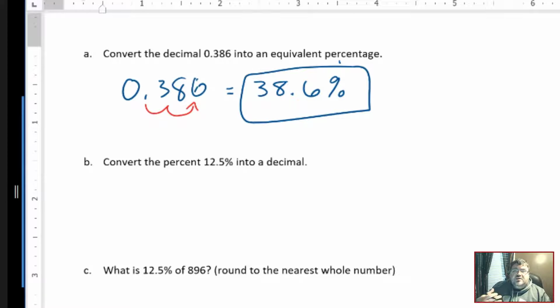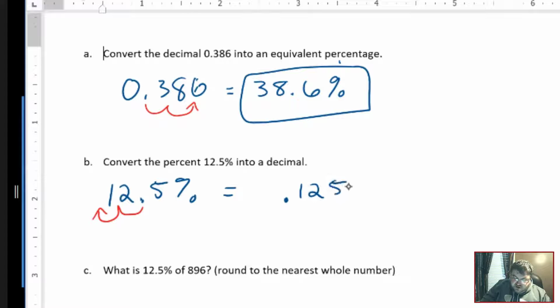So now that you know how to convert a decimal to a percent, let's say they want you to convert 12.5% into a decimal. Well, you're just going to be doing the reverse of that. So if you have 12.5%, you're going to be moving your decimal 2 places to the left, in this case right here. Now, whenever I do this, this will be 0.125. You want to drop your percentage sign,